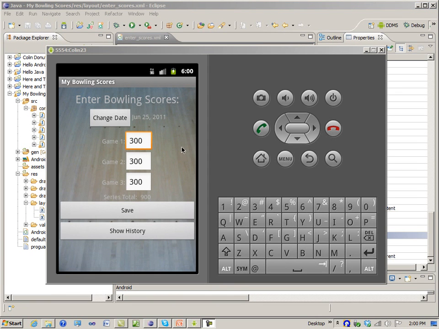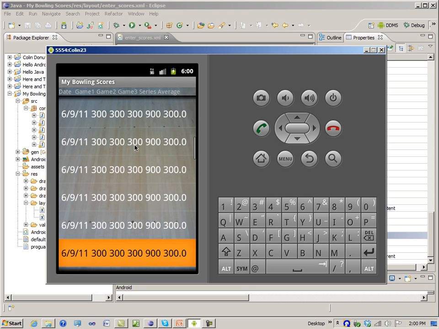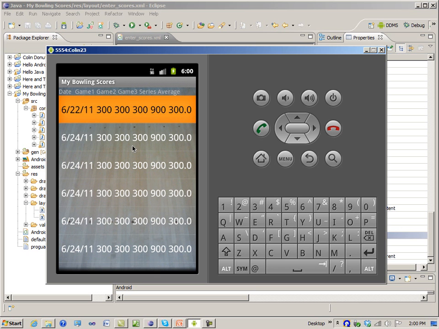So this is what we have now. This does look a little bit better. Maybe I should put some space between those two buttons to disassociate them. I'll leave that as an exercise for you. And what I want us to work on now is this view, the list view for the history of the bowling scores. So we have, I've entered a whole bunch of perfect games here, and